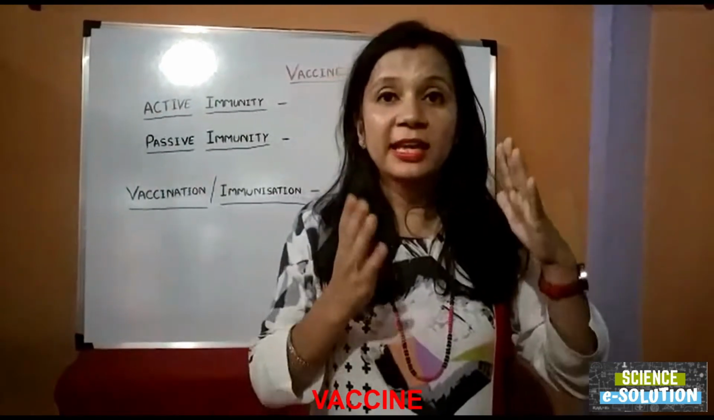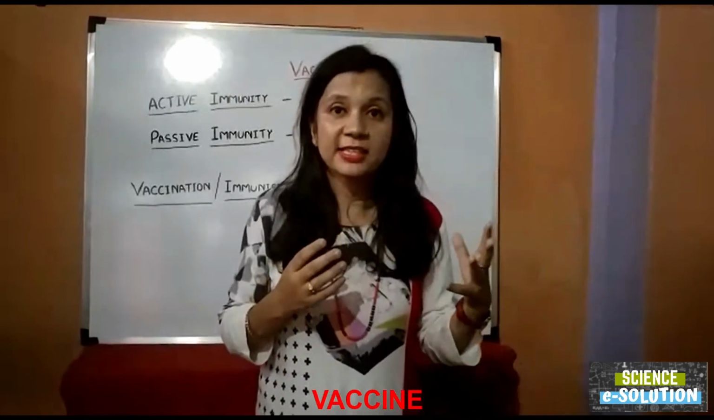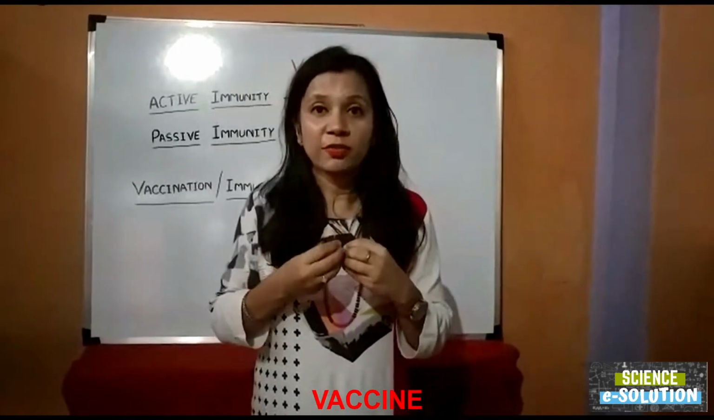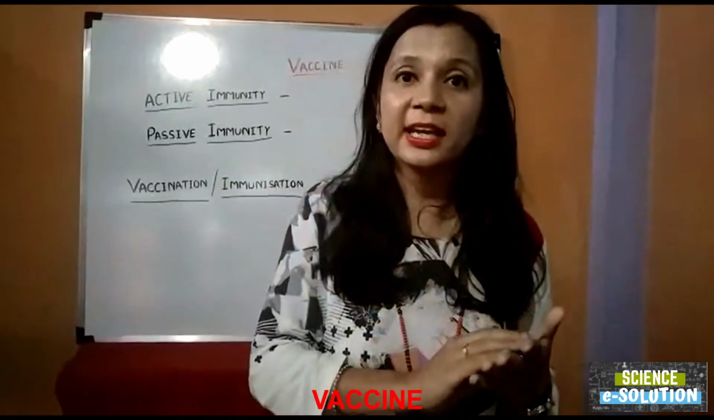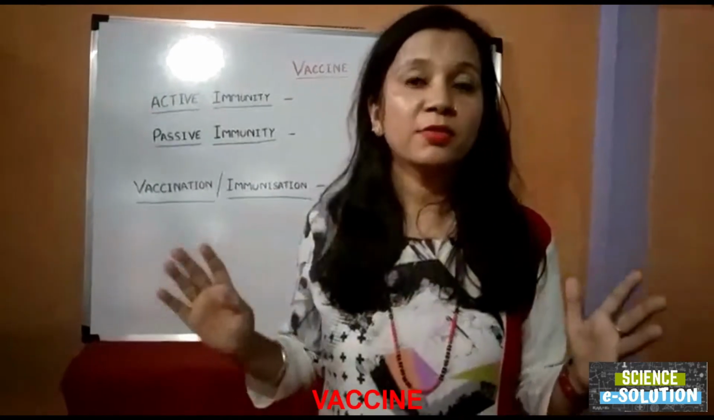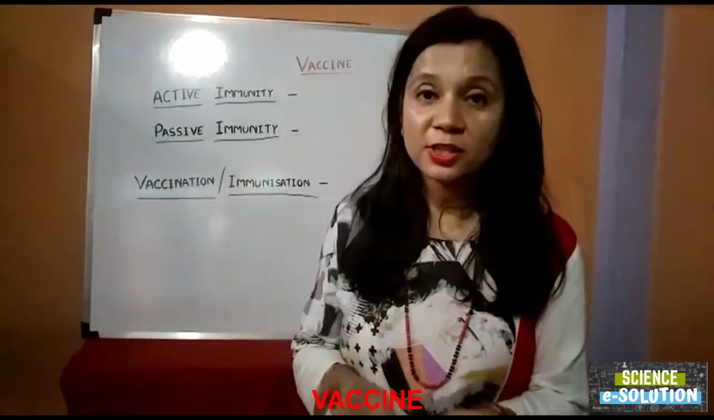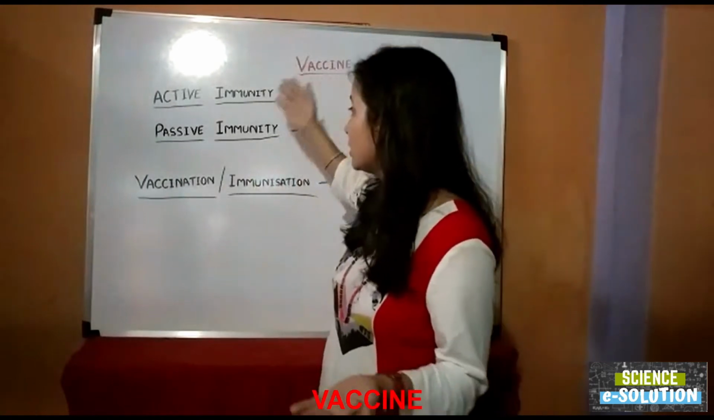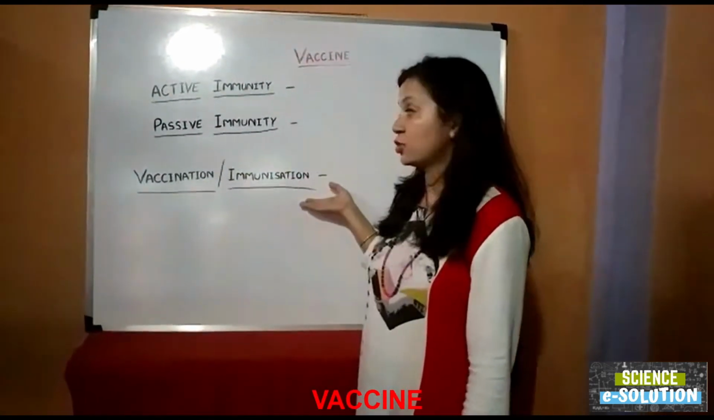That is why we get our children vaccinated, because when we give vaccines, they get enough production of antibodies and they get memory cells, which when stimulated in the second encounter are better able to fight off the real antigens. So if you have understood the difference between active immunity, passive immunity and what the vaccination or immunization process is,